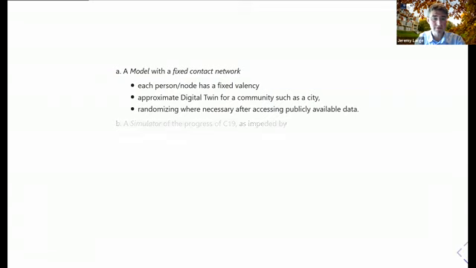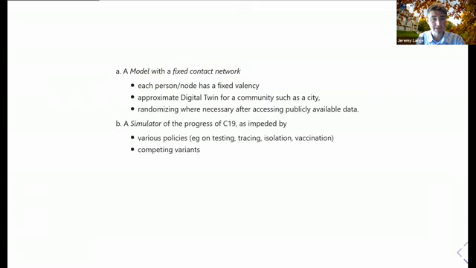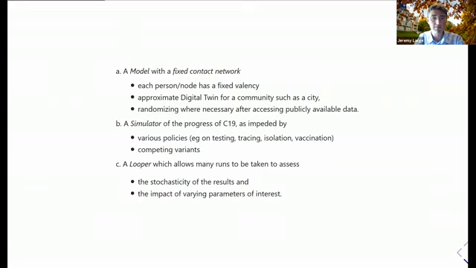Now, I think I'll rattle through some of the other elements of CODiT here, because we've followed the other agent-based models and implemented many similar aspects. A simulator and what we came to call a looper, meaning a way of handling that stochasticity or randomness or uncertainty, which has been raised by Martine and others over the course of this meeting, as best we could.